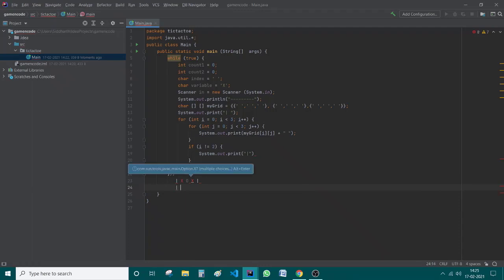Each and every straight line comes in a new line. So you have to make sure that if it's not equal to 2, which is the last one, we end it, and it will always print in a new line here. So a new line, we do it here, and else what you need to do is